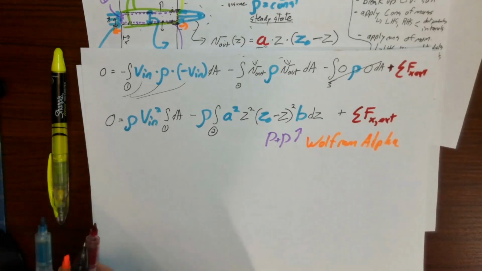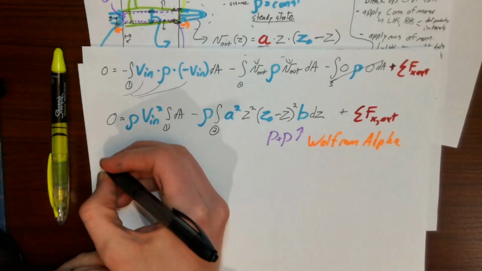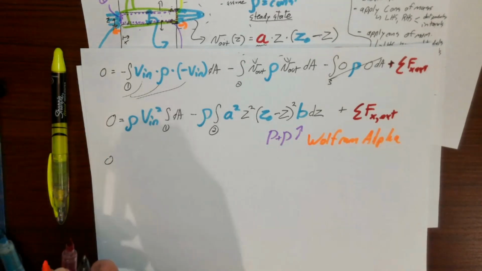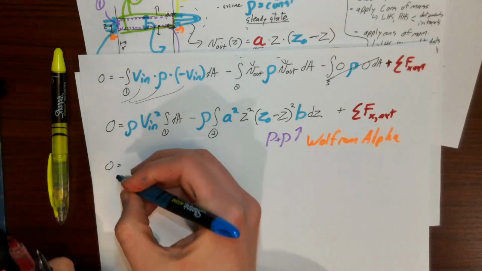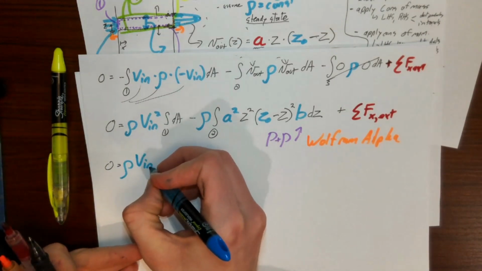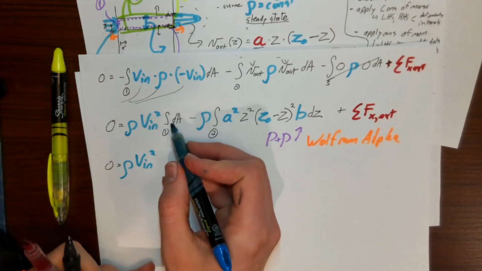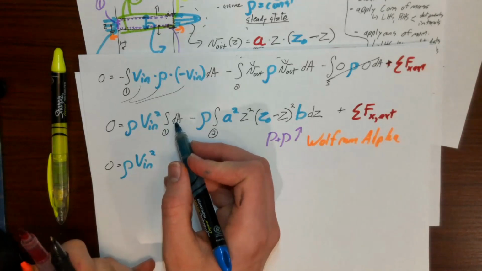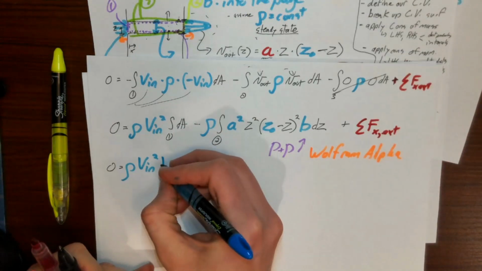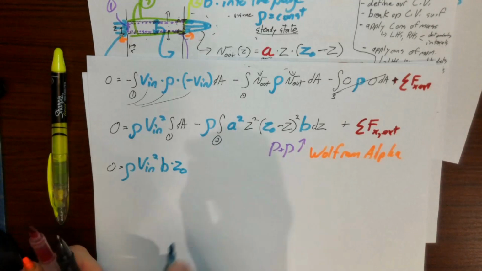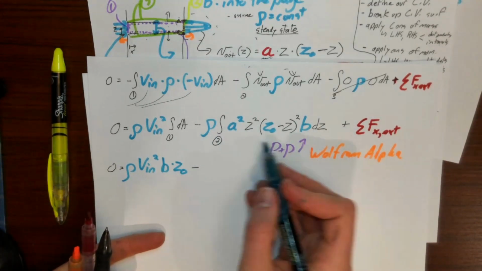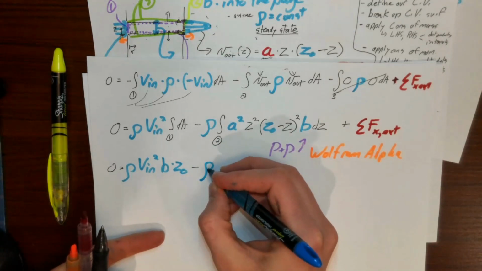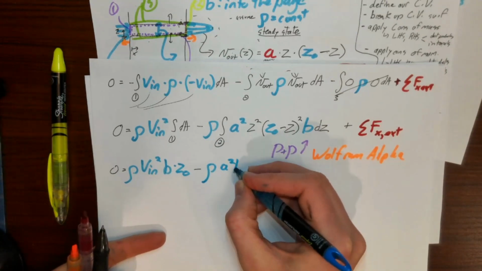We can square away a little bit more on this first term before doing too much on this integral here. So that's basically going to be 0 equals rho Vn squared, and then the integral of dA over 1 is just the area of 1, which we already figured out was b times z naught. Now we have minus, we can take out a b and an a squared, so we have rho a squared b,